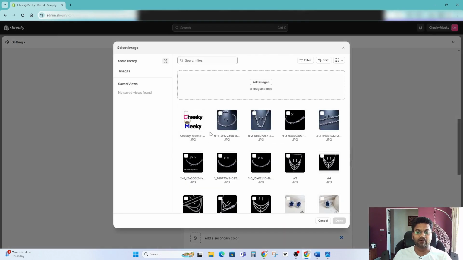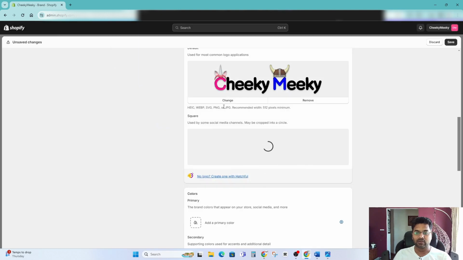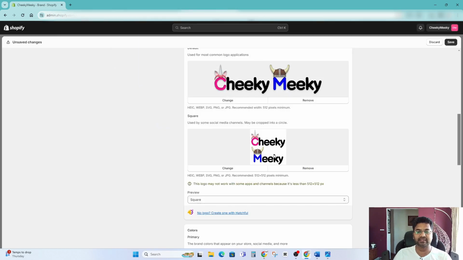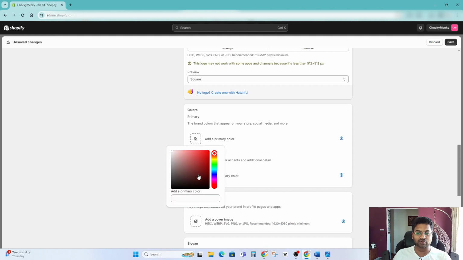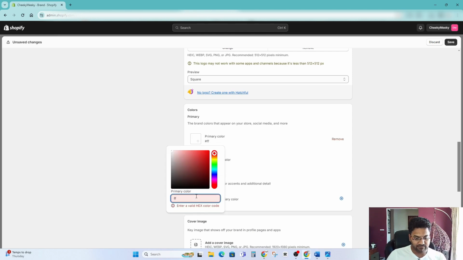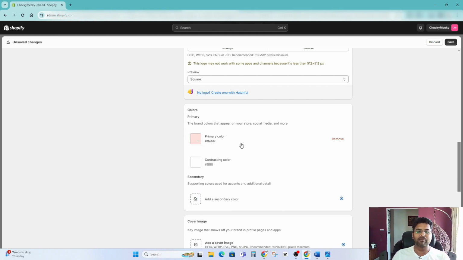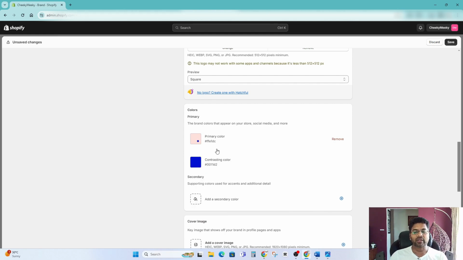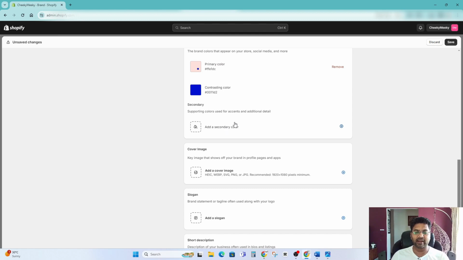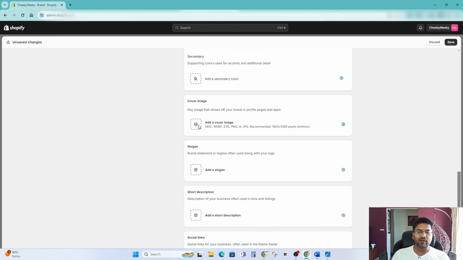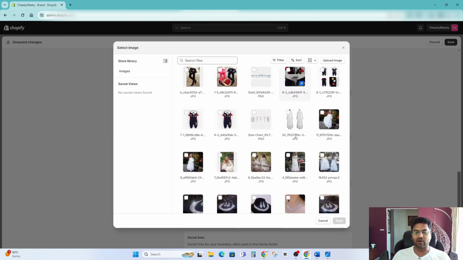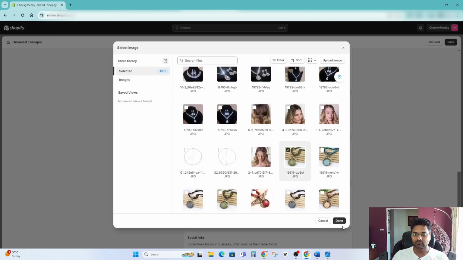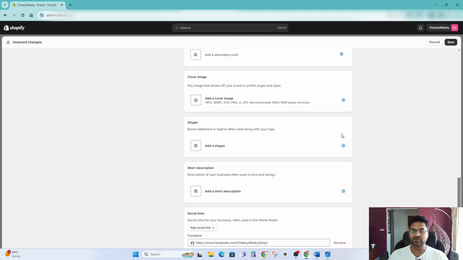Now add the square logo. This is the square logo. Make sure you have multiple variants handy. For the primary color, I want to use FFE1DC. As I explained in previous videos, make sure you have your primary and secondary colors handy. The secondary is 0011D2. Okay, and I don't want to add a secondary color for now. For the cover image, although I don't have an image handy, I can select from any of the pictures I already have, like this one. I don't want to add it right now, but in your case you can add the cover image